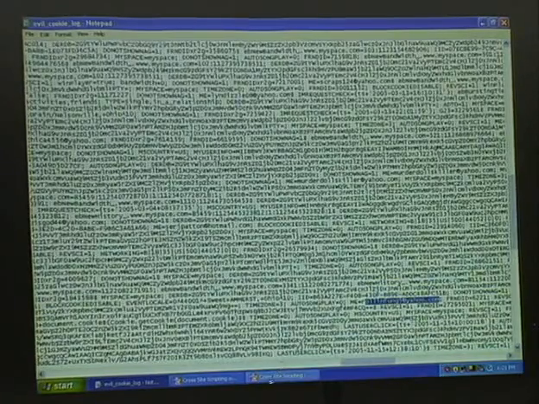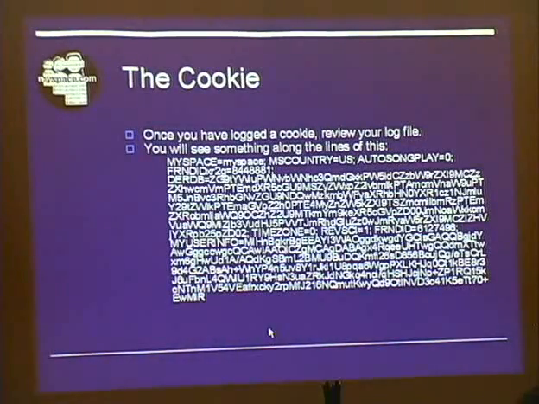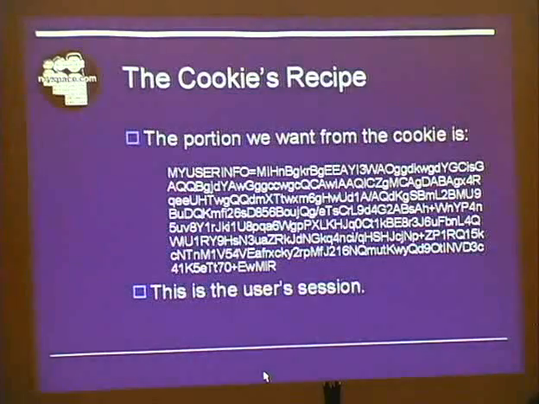All right, back to this. All right, so you have this. Once you log the cookie, you get that. You go into your log, which is probably stored in the same folder as you stored your CGI file in. That's where it is for me anyway. This is the portion that we want, though. My user info. It usually ends with a semicolon. So after that last R, there'll be a semicolon, and that usually signifies the end of my user info. And that is the user session, the live session that they just clicked, you now have.